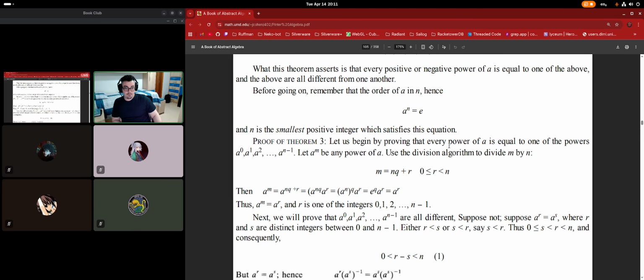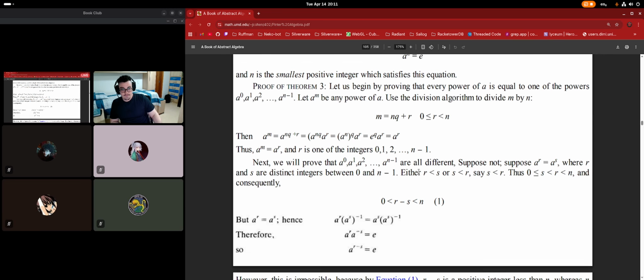Okay, so let us begin by proving that every power of A is equal to one of the powers, right? So the multiple thing. So let a to the power of m be any power of a. Use the division algorithm, the Euclidean one. So then we know that m can be factored into this. Then we say that, then we exploit